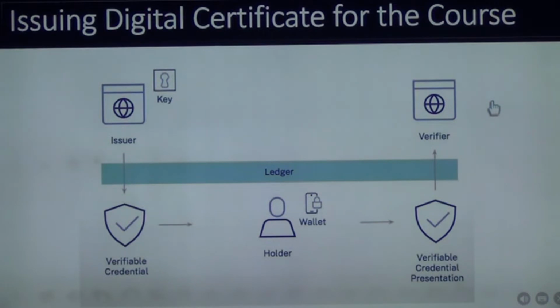Now if you want to go somewhere where people are hiring those who know blockchain as a designer, you go and tell them that you have taken a course, and you have a digital certificate for the course. So the verifier would just check. He may show you a QR code, and by scanning that, your certificate will go to this person, and he would already have our public key, and he will verify. He says yes, you have actually taken the course.